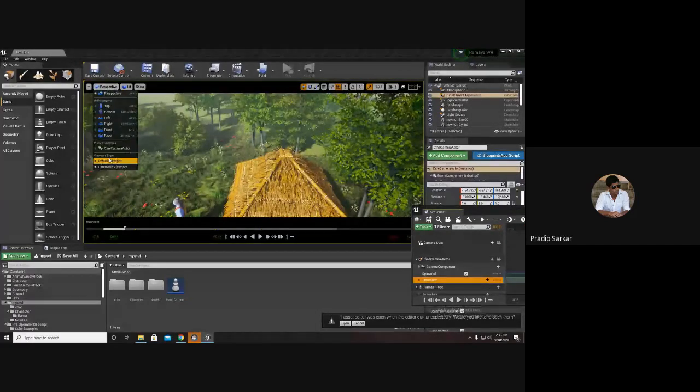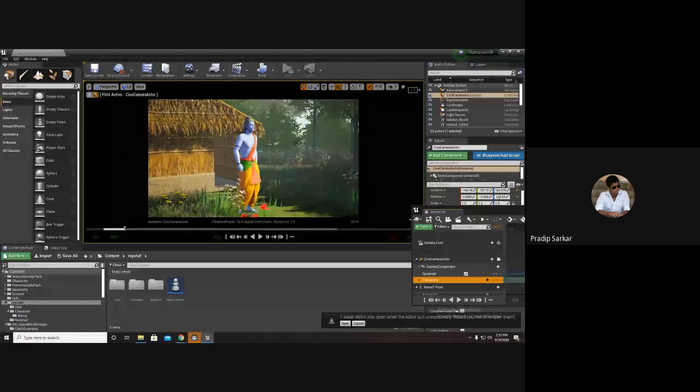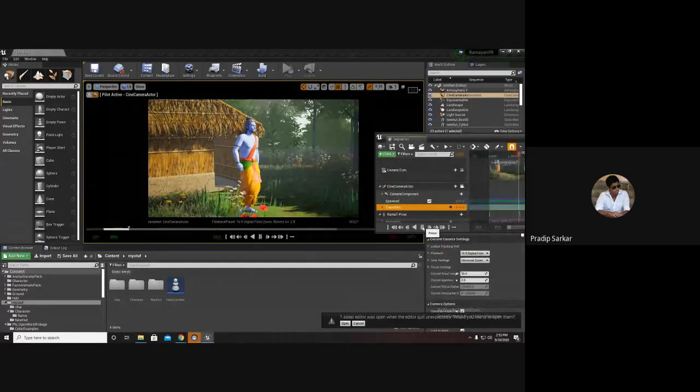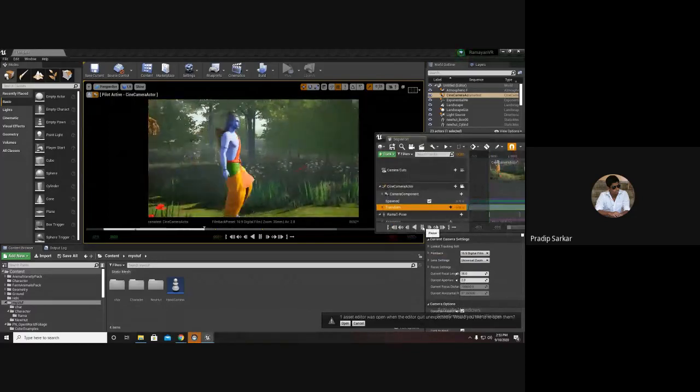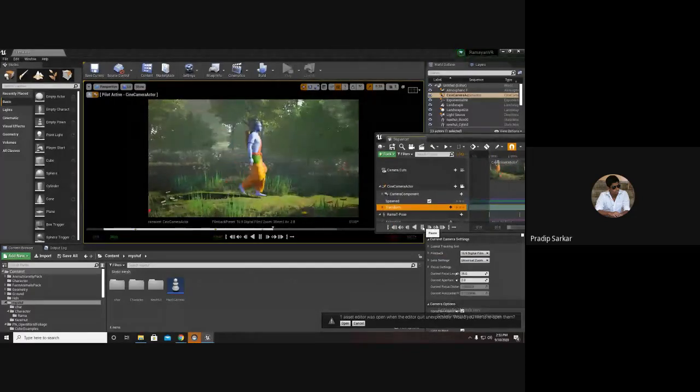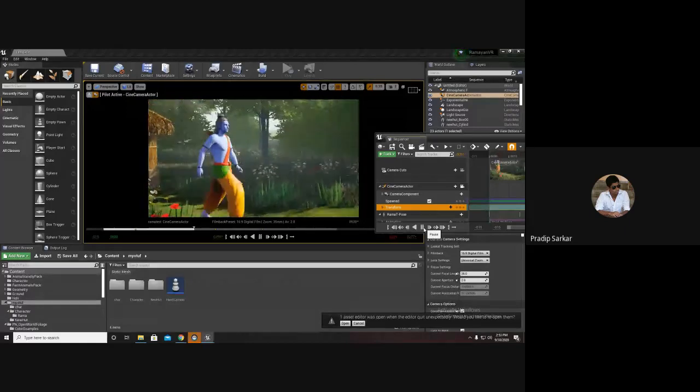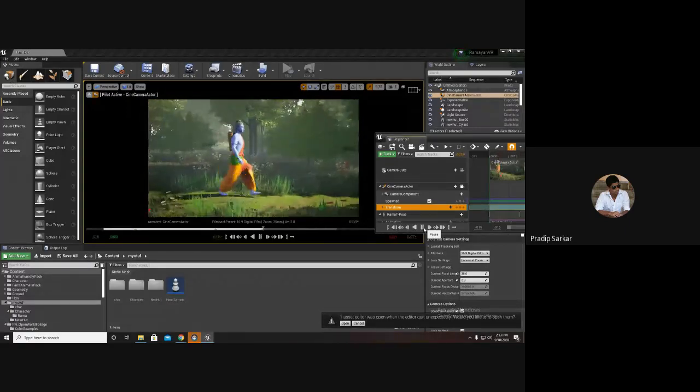Inside the cinematic viewport, I will select the camera. Now inside the sequencer, if I hit play, I can see my shot. I go back. And play.